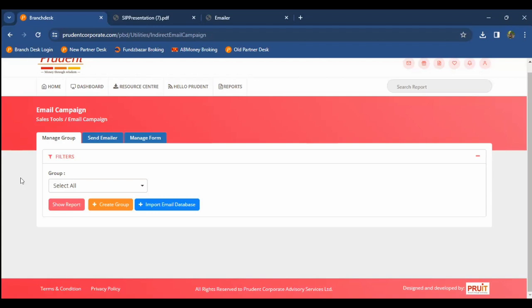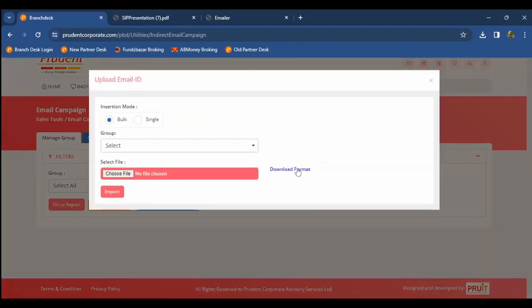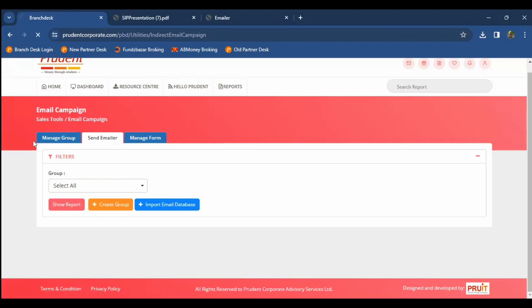So the partner has to first create the Prudent Connect email ID, and from there, he can send emails to his or her investors. You can import the database from this section. You will be given a format. You have to enter the client's details in this format and upload the database if you have a database from the market. If you go to the send emailer tab,